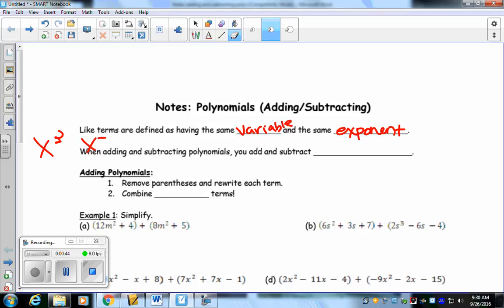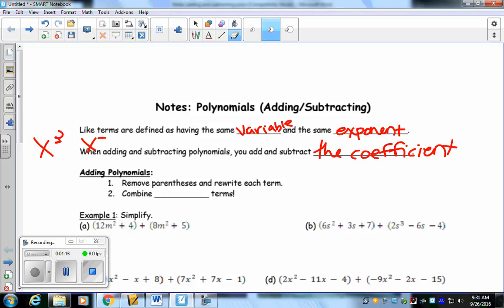All right, and keep in mind when adding and subtracting polynomials, you add and subtract the coefficient. That is the number in front. Something you've got to remember for adding and subtracting, don't change the exponents. You can only combine them when they have the same one, but you don't change it. When we just finished our multiplication, we did change our exponents. For adding and subtracting, you can only combine them when they have the same variable and exponent, and you do